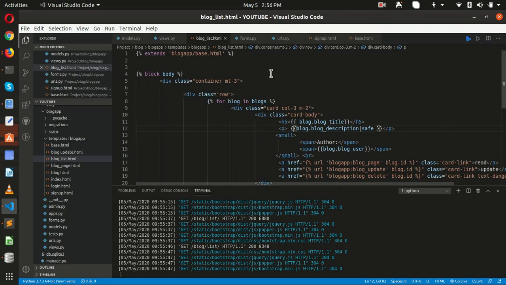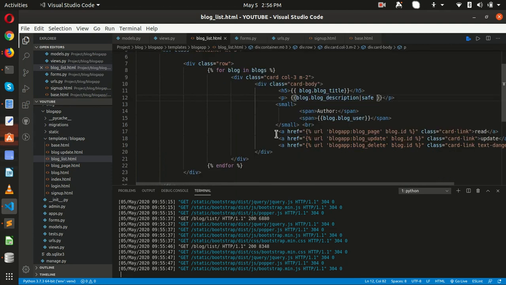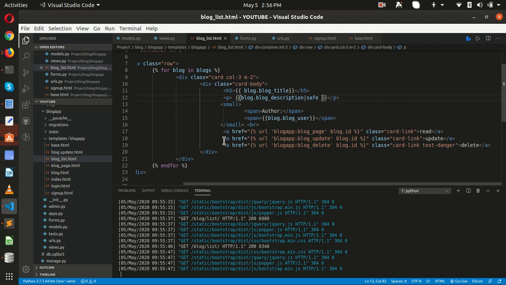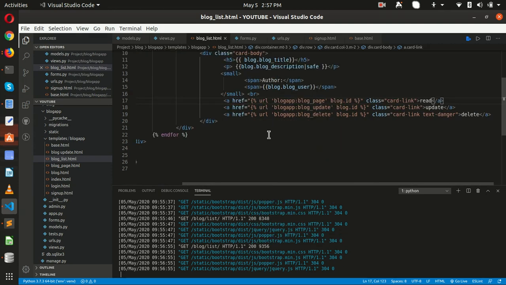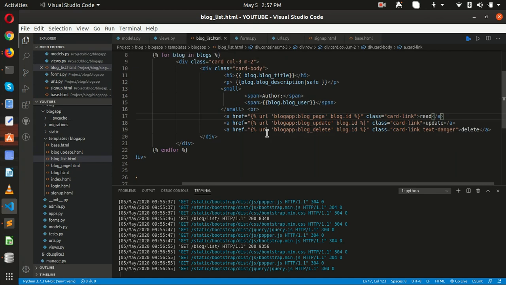For that, inside the blog list author, these are the 2 buttons. So guys, we have to put a condition: if the current login user and the id of blog user is the same, then this should be visible to us, otherwise it should not be visible.